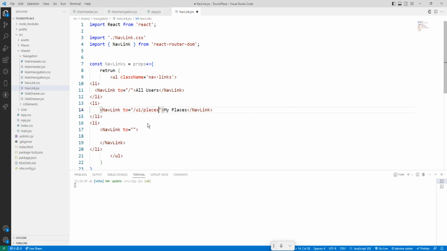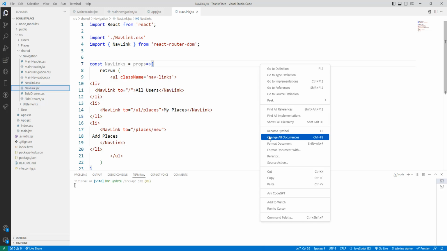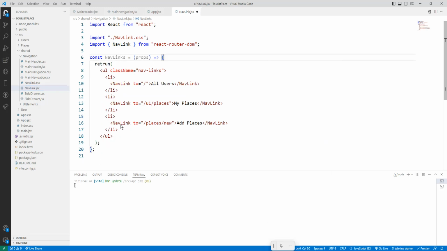If you want to add a place, add a place. First I will format the document, and the last li